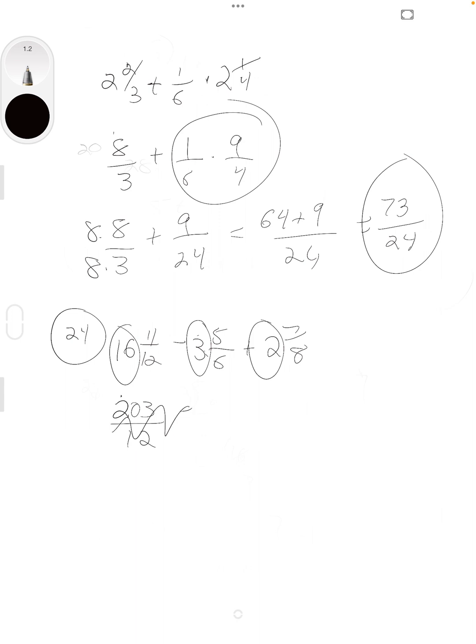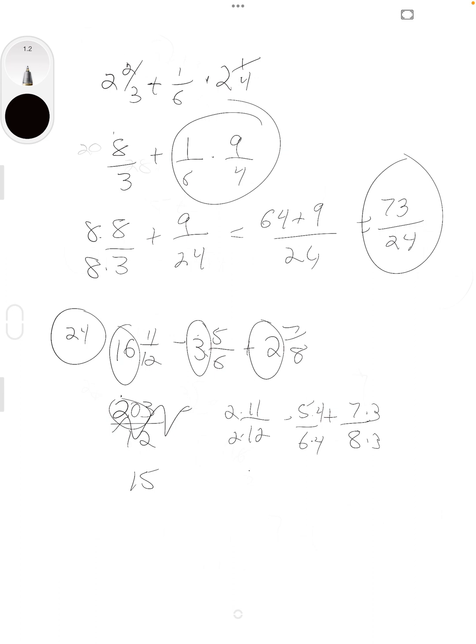16 minus 3 plus 2 is going to be 13 plus 2, 15. Okay, then I've got 11 twelfths minus 5 sixths plus 7 eighths. This gets me out of these 200 kinds of things. My common denominator is going to be 24. So multiply top and bottom times 2, multiply top and bottom times 4, multiply top and bottom times 3, and